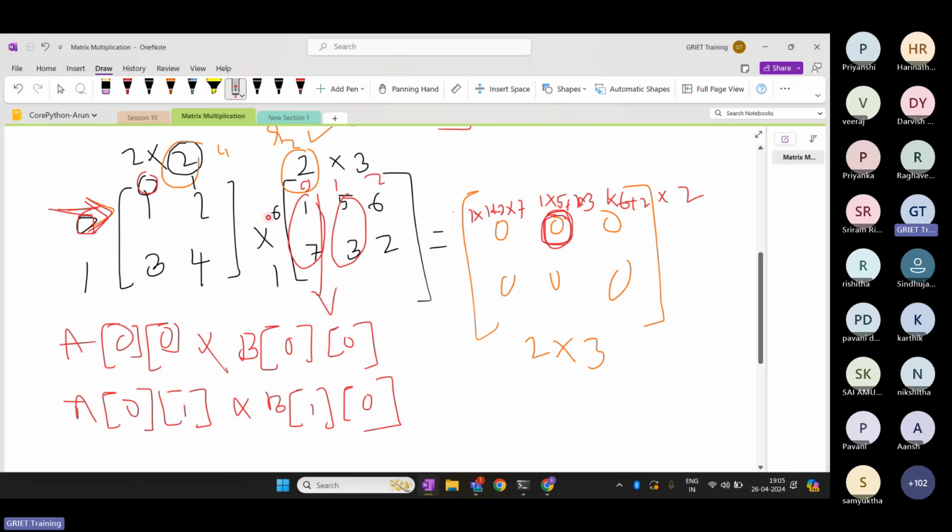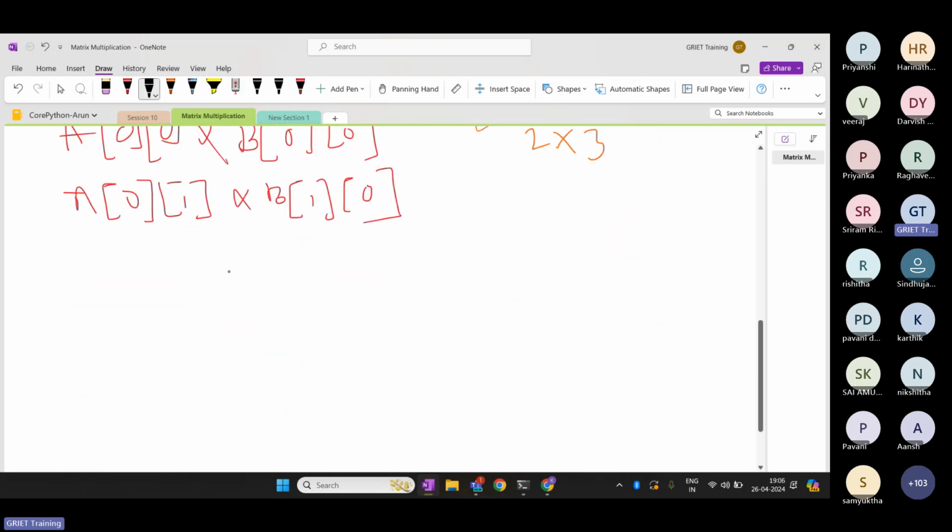Now, to simplify this approach, after multiplying the first column, what happens? We move to the second row, but we again do the same process with the second matrix, correct? The second row of the first matrix gets multiplied by the first column of the second matrix. Similarly, again, the second column of the second matrix, the third column of the second matrix, right? So of the loops, one will keep track of the number of rows in the first matrix. The second for loop will keep track of the number of columns in the second matrix. And one more for loop will keep track of how many rows are there in the second matrix, right? So if you take another example,